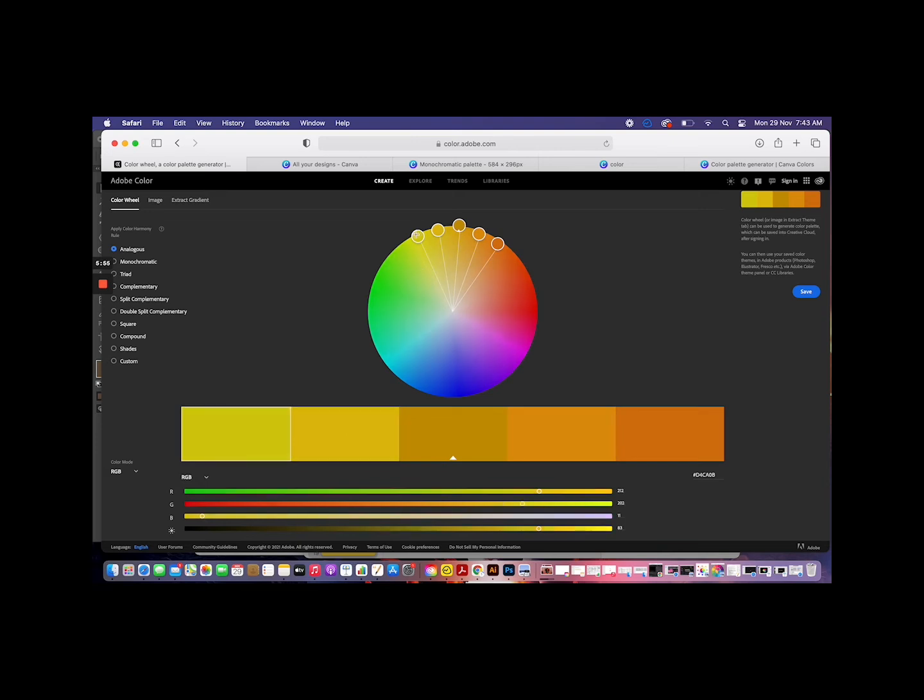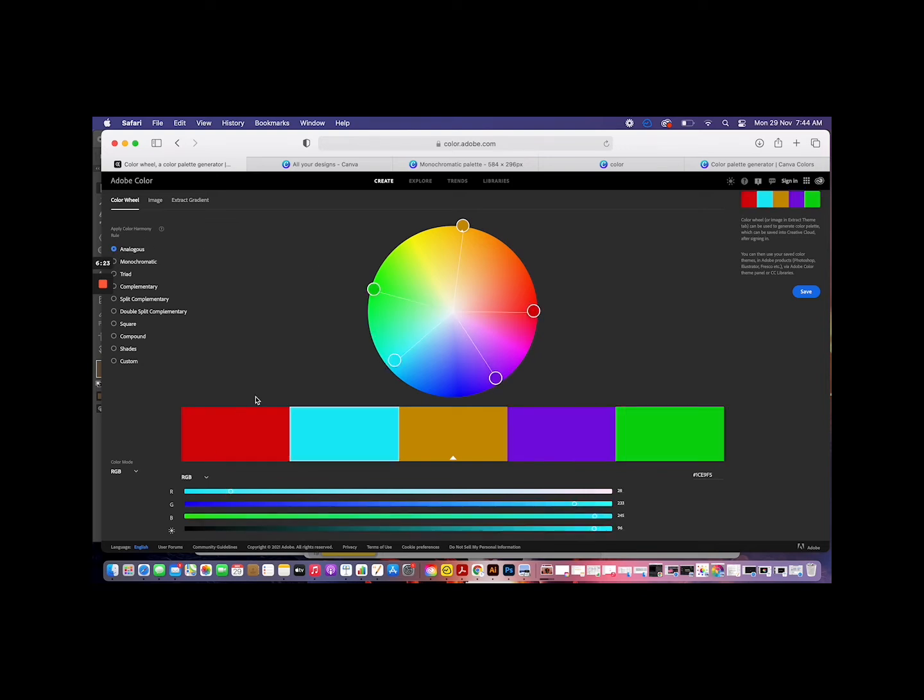So I can actually vary how much analogy I want from it. So do I want it to be dark, or do I want it to be white? Do I want it to be bright? These are all things I can decide by just varying the amount of distance between these cubes. And here you can see how dark or light this is. So if I want it to be even lighter, maybe I will actually take this further and further away. Now you can see that the color palette suddenly has changed.